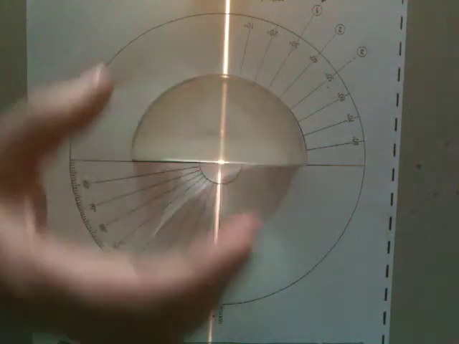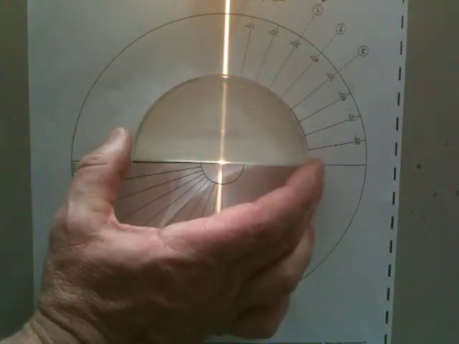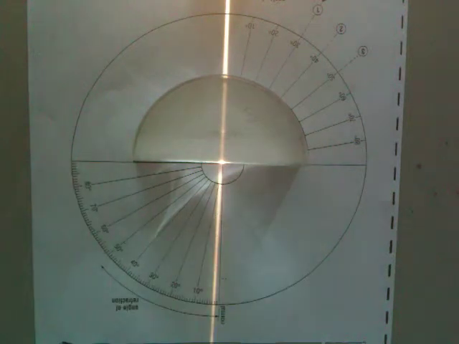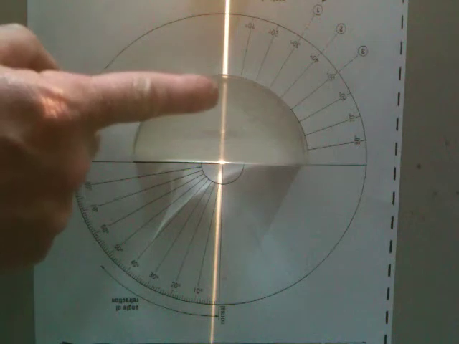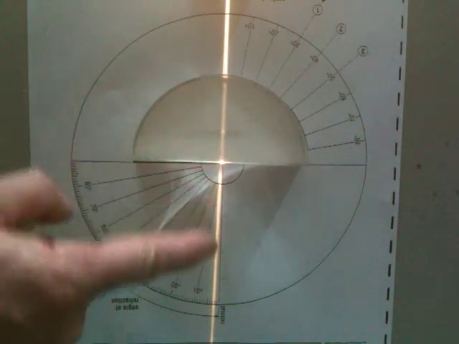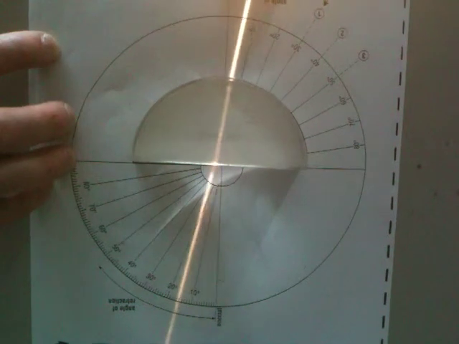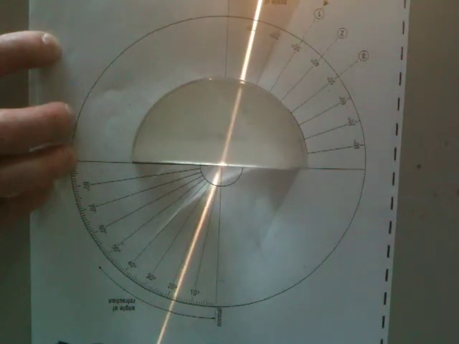Now, if we set it up so it's just central, that's right. At the moment, it's entering along the normal, so it's going along at 0 degrees. It's going straight into the Perspex block and straight out again. If I change that angle of incidence and make it equal to 10 degrees, yeah, you